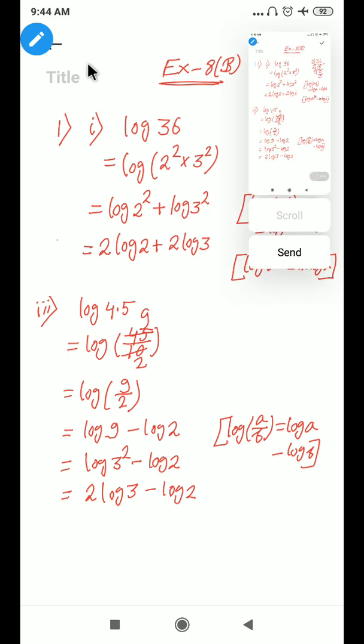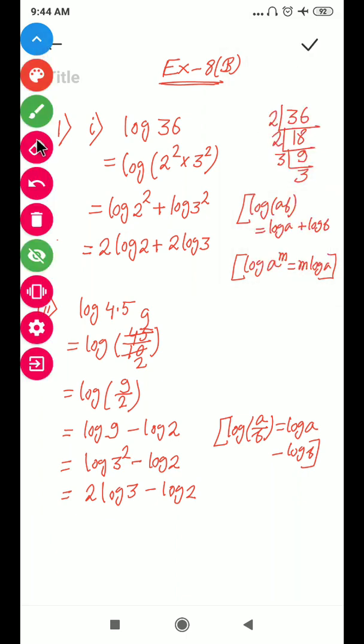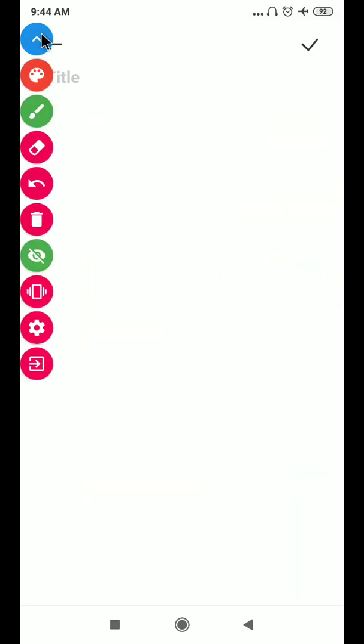Now the rest of the problems you have to solve in the same way. Now go to the next type of problem, question number 2. So question number 2 is given here: express each of the following in a form free from logarithm. That means you have to remove the logarithm. Question number 2, Roman 2 is given here,